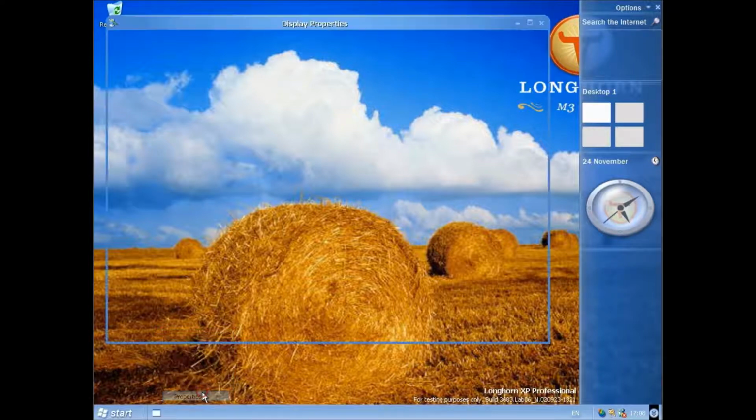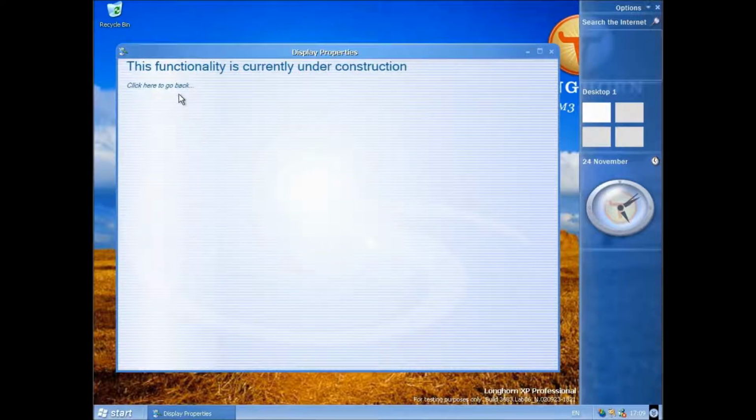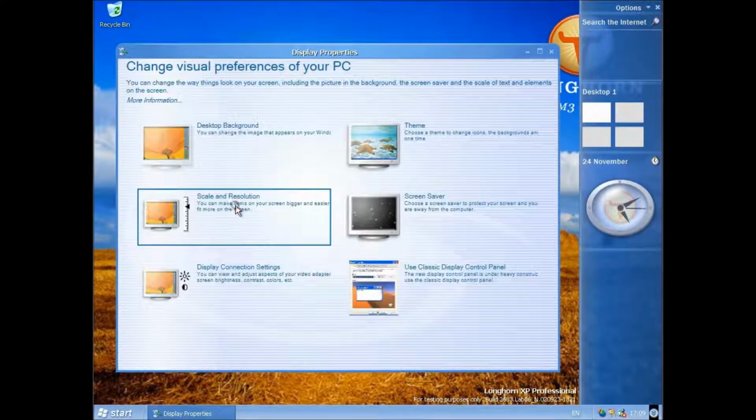Now, if I go back to what I was showing you just a bit earlier, this display properties dialog, I'll get my homework out for this. Now this was based on a new project codenamed Avalon, which was called the Windows Presentation Foundation once it was actually released. Now it is interesting because I can't actually find particularly much information on this, but it's just about the way things are laid out, I think. So yeah, none of it works, well, apart from one bit that I'll show you in a minute. It says functionality under construction on most parts. Now this is interesting. I was having a play with this earlier,